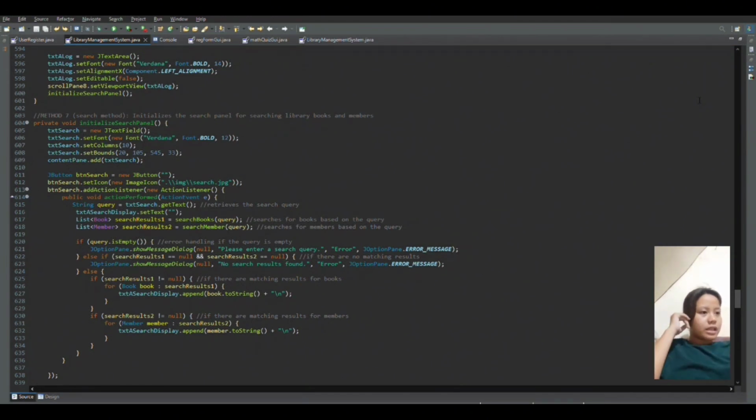Wherein this line checks if the search query is empty. If it is, an error message dialog is displayed prompting the user to enter a search query. Then in the next line, we have the search for books based on the query. Then List<Book> searchResults1 = searchBook(query);